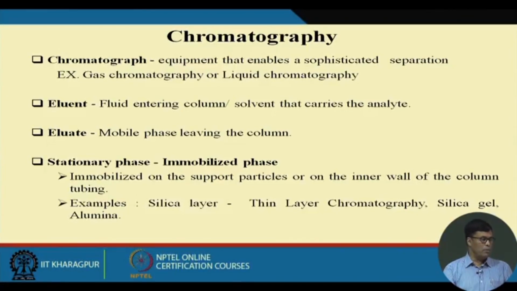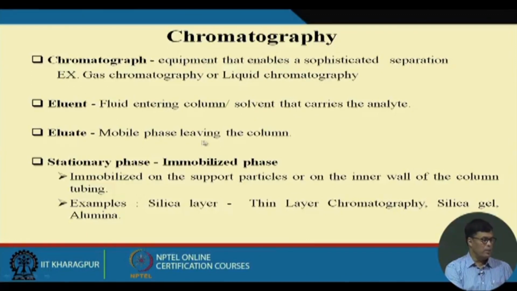Now, if you want to find out what glucose concentration is present in the sample, we can pass it through the liquid chromatograph, and there we can find out. I can give a different example of citric acid also. Citric acid is a non-volatile acid, so that also you can find out. Different types of protein can also be analyzed in the liquid chromatograph. Now, eluent is the fluid entering the column, or the solvent that carries the analytes,